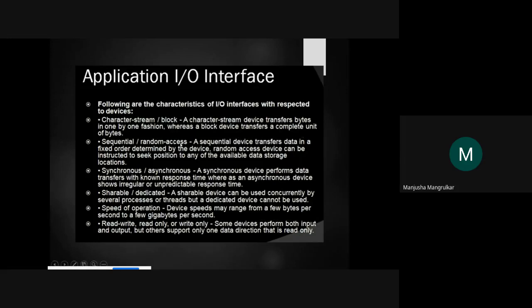Sequential and random access, right? A sequential device transfers data in a fixed order determined by the device. Suppose I press 1, it will send 1. I press B, it will send B. I press C, it goes in a sequence. But with random access, any sensor will sense the data and send it randomly.